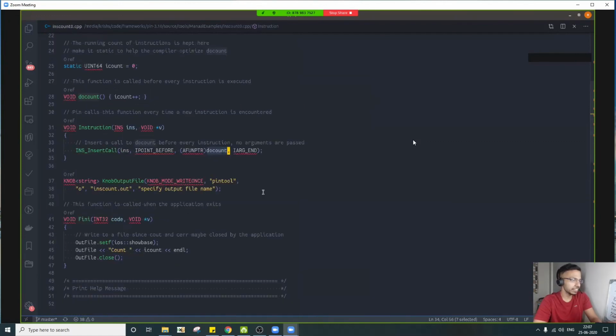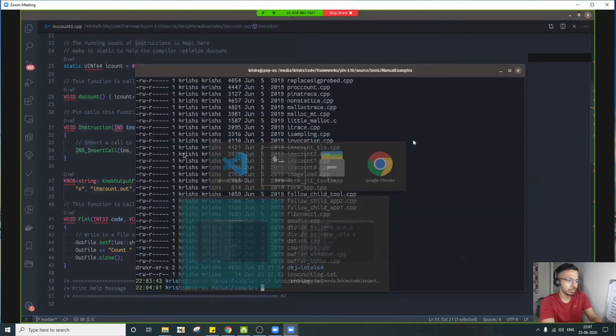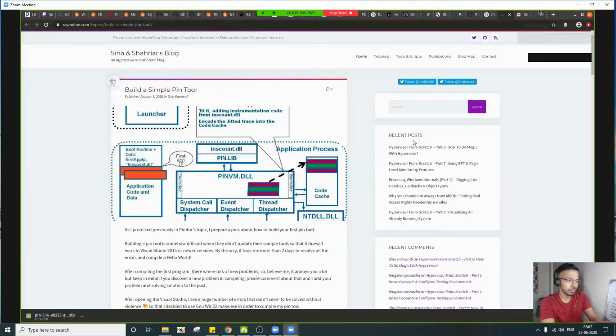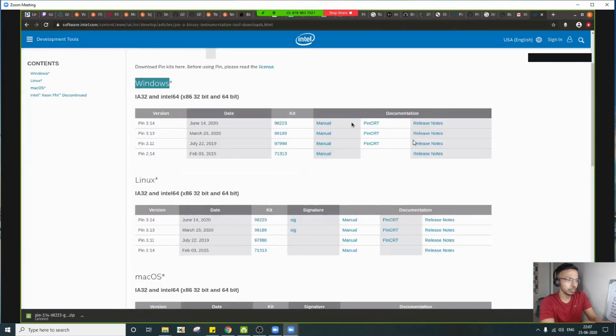So INS is basically something like the machine instruction code, for example? Yeah. Basically, for the instruction routine here, you'll get a single instruction. Let's say we call it a data structure right now. There are various APIs which you can invoke on this variable. So let's go to the manual.